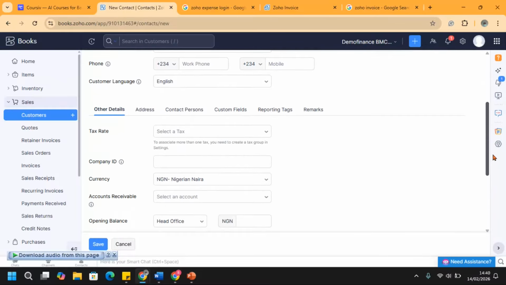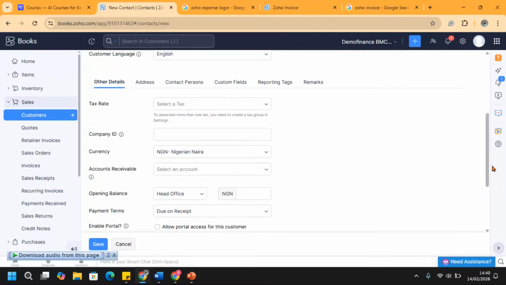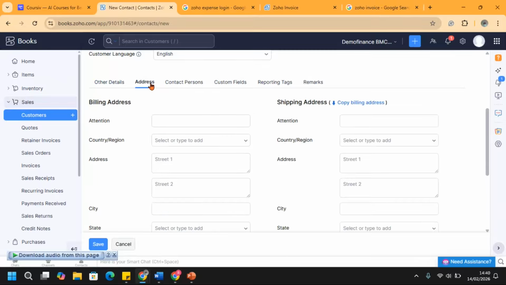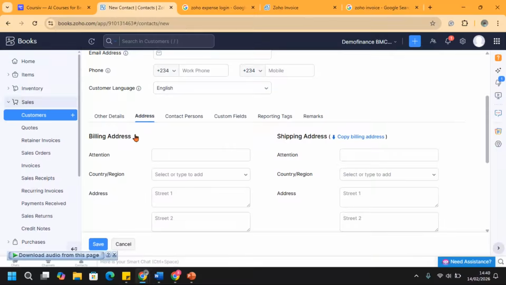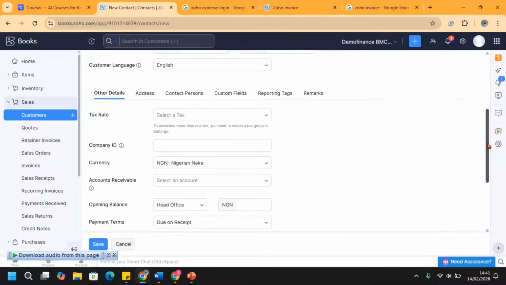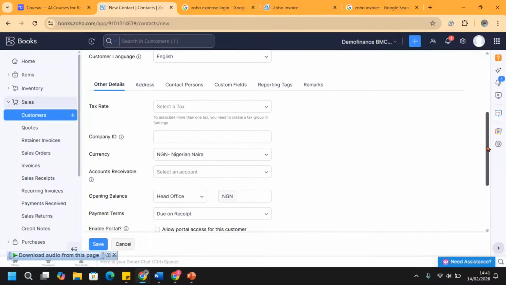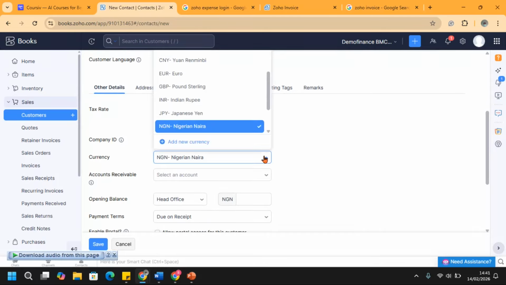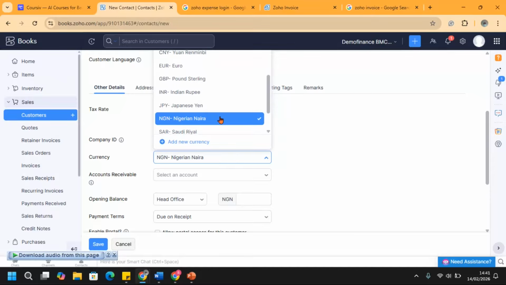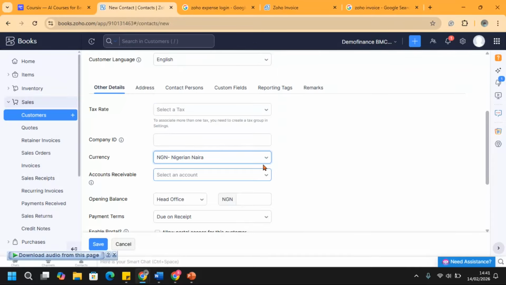Okay, so other details, you can input them. Address, you can put the address. Contact person, you can add it. Somebody there, you can add information about them. And from here also, if you are using Ultimate or Elite, a customer can use multiple currencies. But if you are using anything less than that, you have to select the currency of that customer, especially when